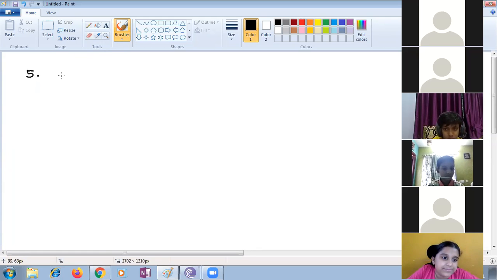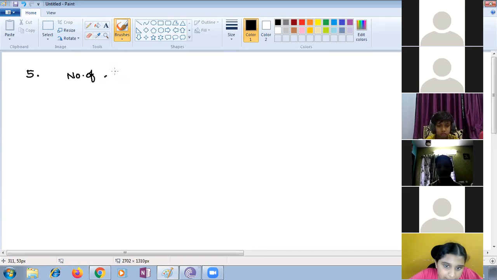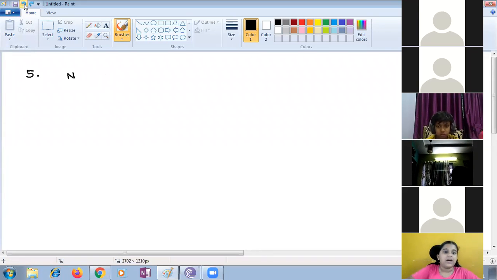Sudesha, on Monday, a driver filled the tank with 40 liters of petrol. Number of liters of petrol filled on Monday. Or else the driver filled his car petrol with the tanker. No. What is the first statement we are supposed to write here, children? What is the statement? Calculate number of liters. Or is there any other word to form an easy word?